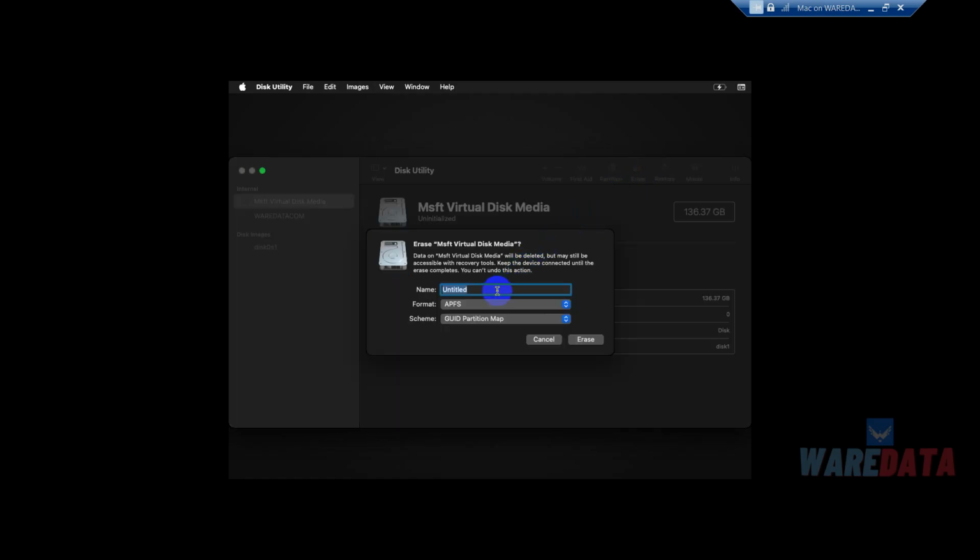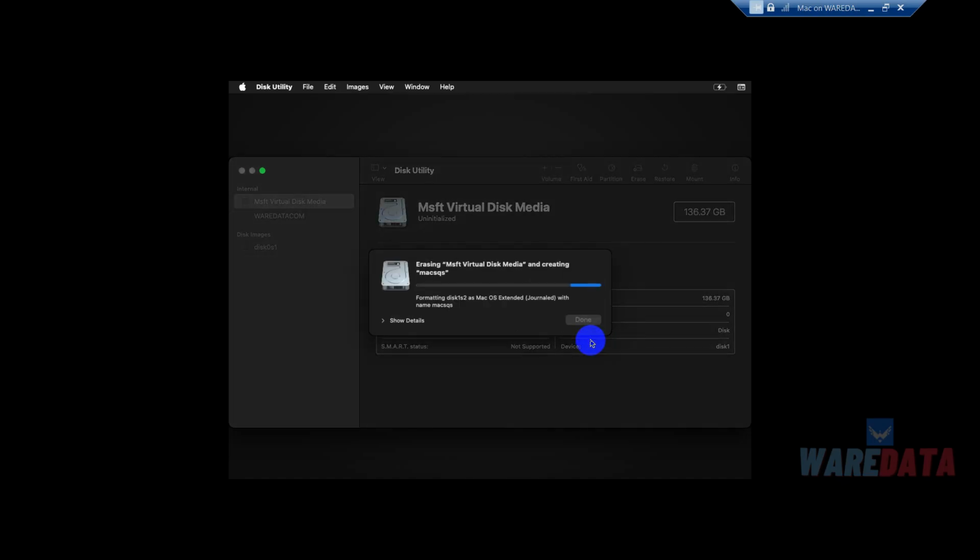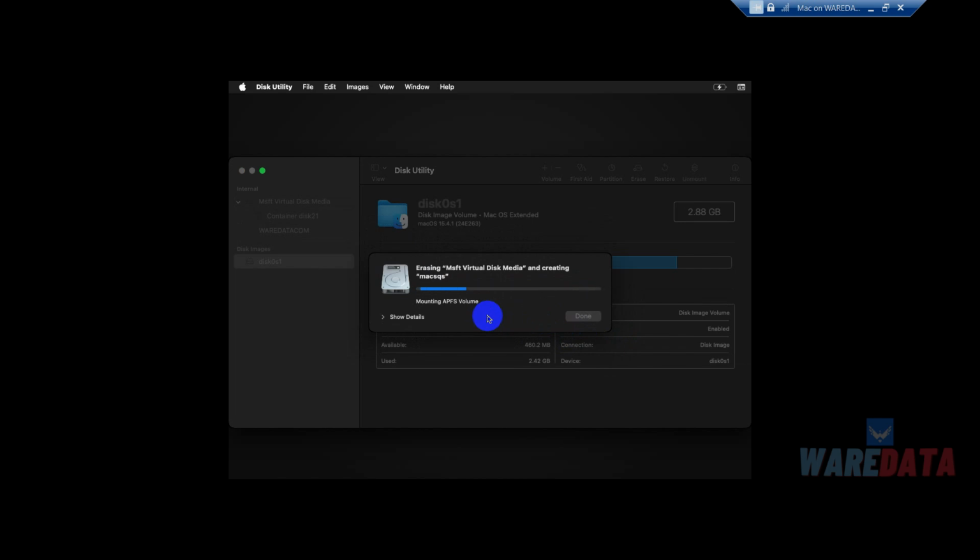And for example, we type Mac SKS, this is just for example. We can click erase, and now it's formatting. After formatting is completed, we can go to the next step to install macOS Sequoia. We can click done here,